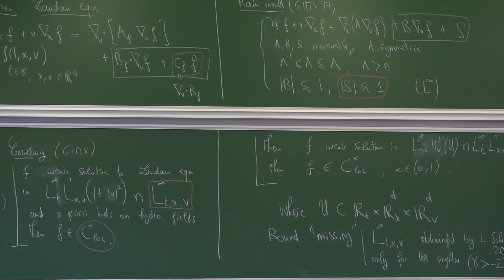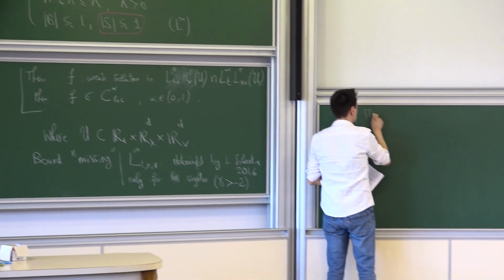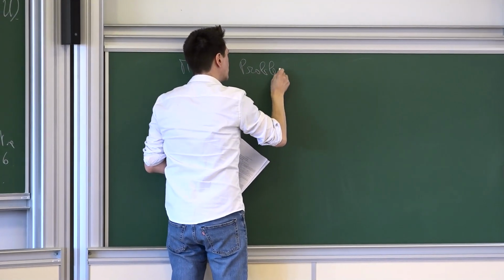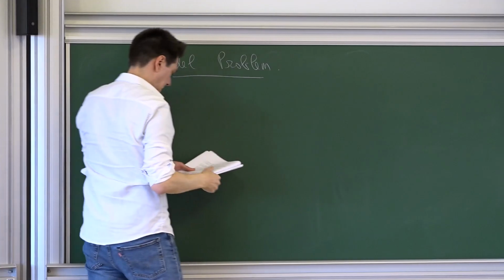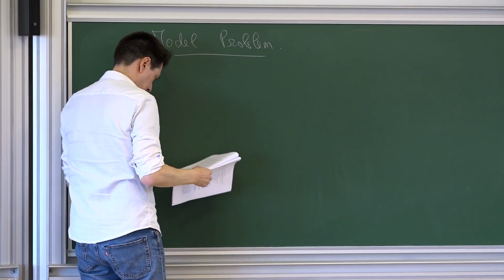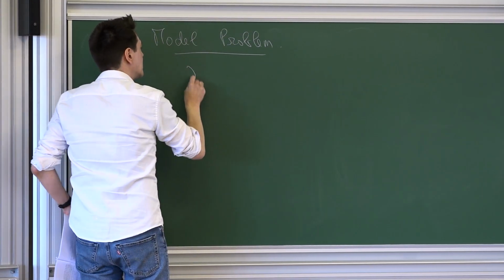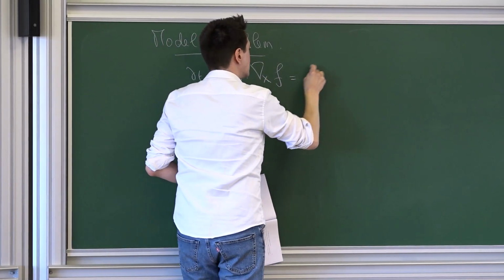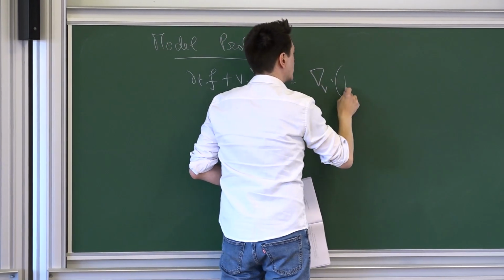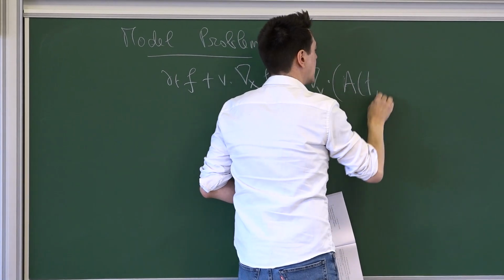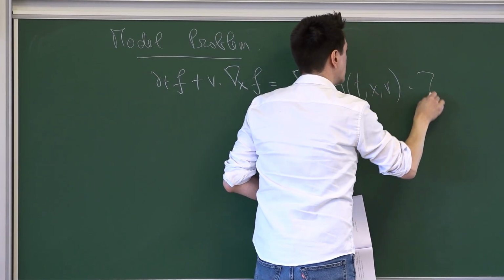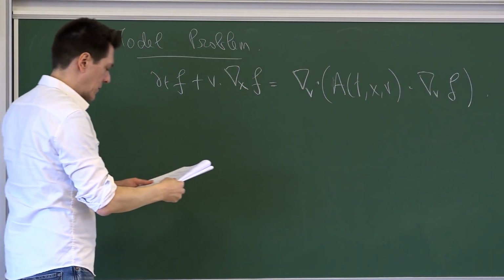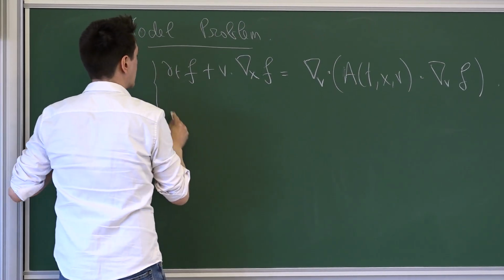Yes, so the model problem is the following. I'll just study dtf plus v grad xf equal divergence A. So don't forget my A potentially depends on all variables, grad vf. That's my model problem. I will look at it